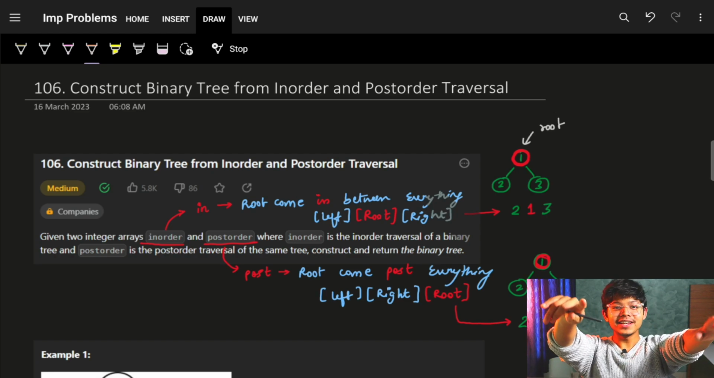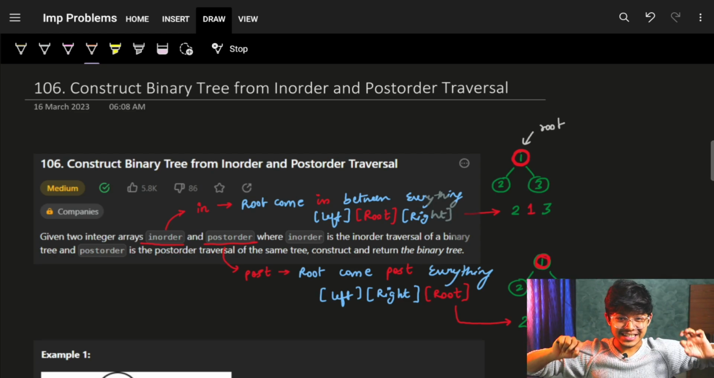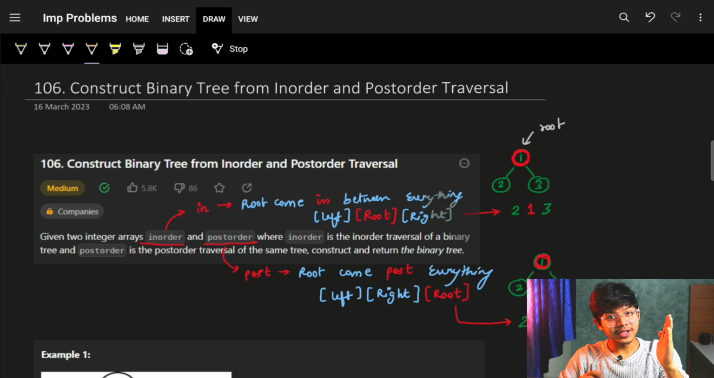Hi guys, good morning. In this video, we're going to see the problem construct a binary tree from in-order and